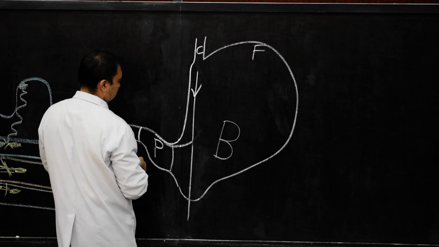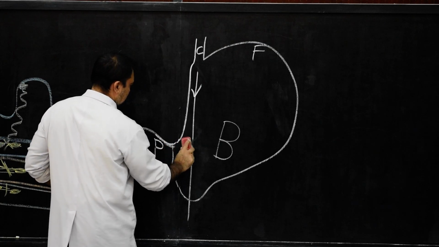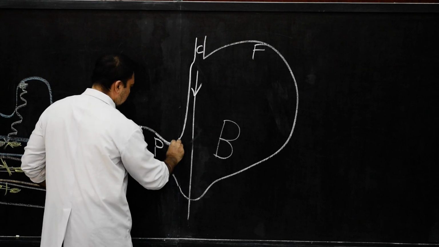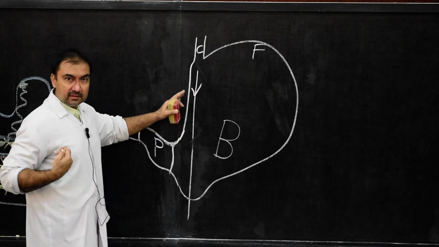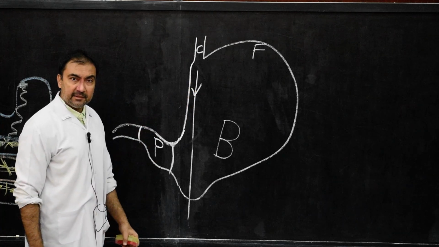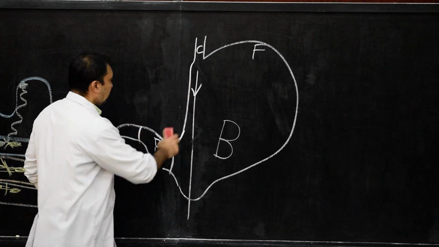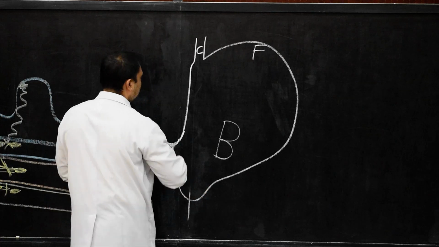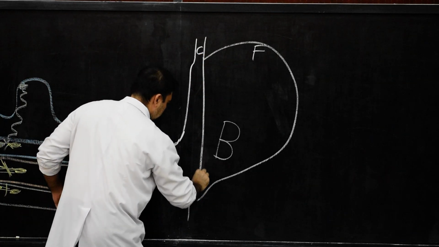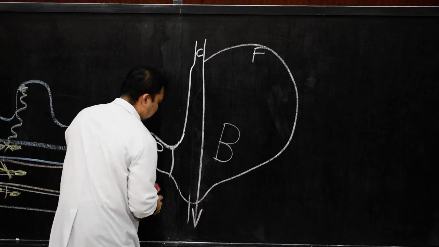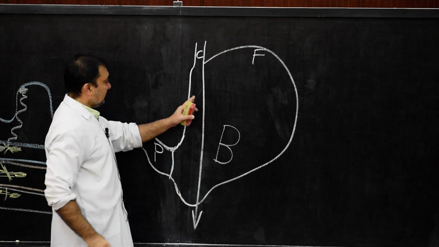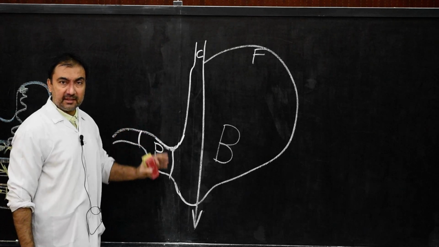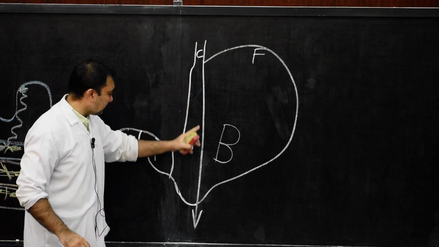We are going to stretch this lesser curvature in this way, so that some part of lesser curvature will be on the right side of this vertical line. Very simple. So now this vertical line, if I pass it in this direction, we are having some part of lesser curvature on its right side. Very simple. Just a vertical line we have drawn.